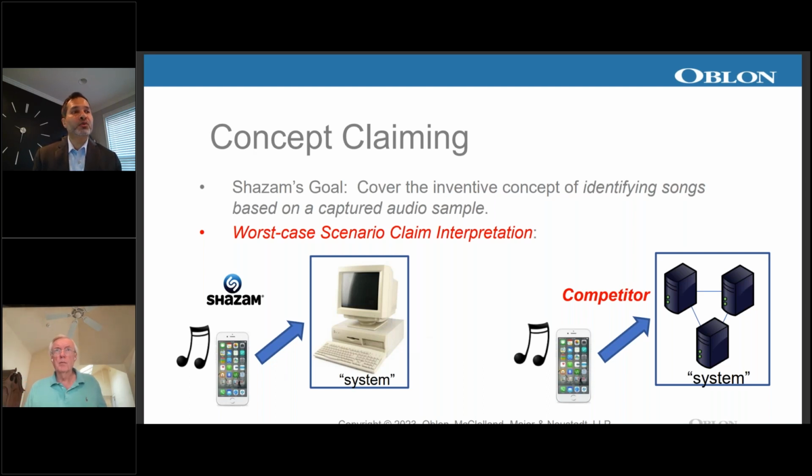You want to cover smartphones, you want to cover the cloud computing environment. You don't know what your competitors are going to do to implement this technology. You also don't know how that technology is going to change. If you started making your patent in the early 2000s, maybe the laptop or desktop computer was your target structure. You may not see coming this whole cloud computing model where literally your phone is just a portal and all the processing is done externally to your phone because of our high-speed internet now.